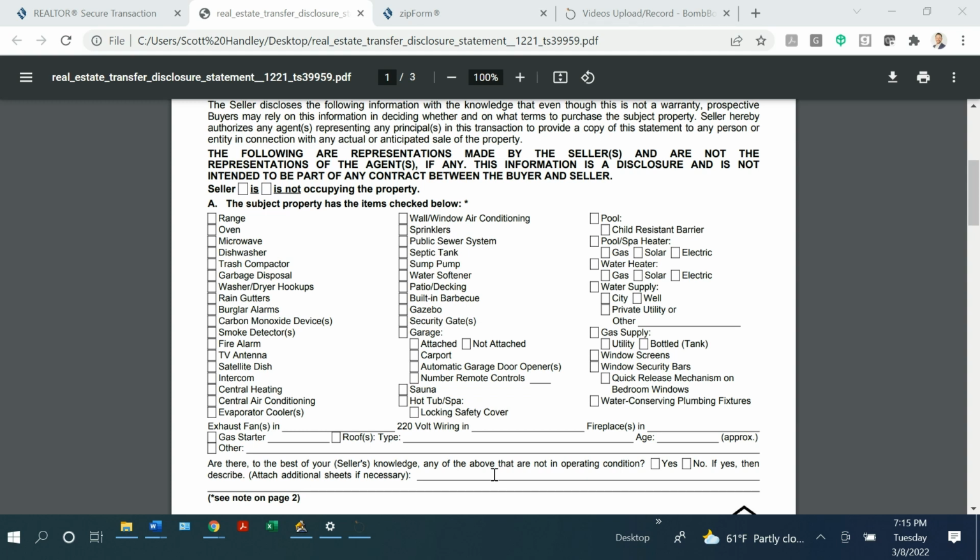Central heating, central air conditioning. Pretty straightforward. Evaporator coolers, known as swamp coolers. Does it have a swamp cooler? One of those where you put the water in and it pushes the water. So just see if it has that, or central heating, central air conditioning. So up here,